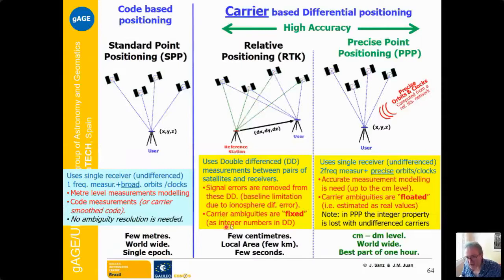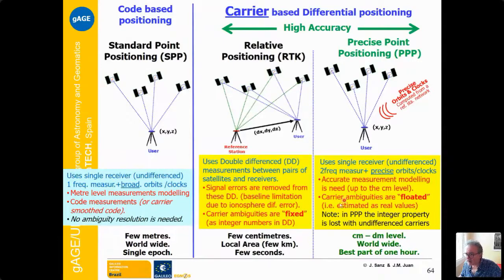And it is important that, because we use double differential measurements, the ambiguities are integer numbers of wavelengths, and we can use this integer nature of the ambiguities in order to fix them. This is not to have an estimation, it's to get the true value, and then we can fix the ambiguities as an integer number. In the case of PPP,